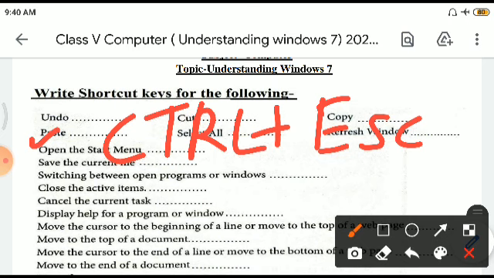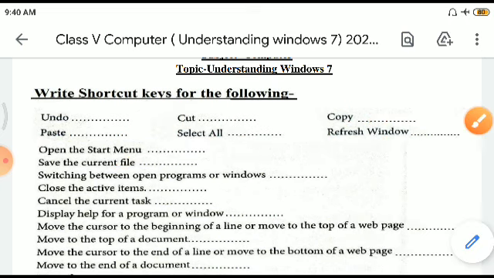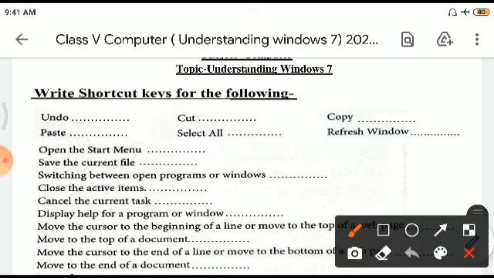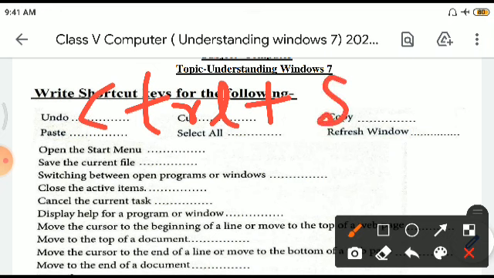Next is the save the current file option. Here we have to just save it, it's not save as. So for saving we need to press Control plus S. The dialog box will appear in which there will be many options like save as. If you just need to save and the file name is correct, you just click on the save option. If you want to give it another file name, go to the save as option. Okay, the rest I'm leaving you to do for homework.